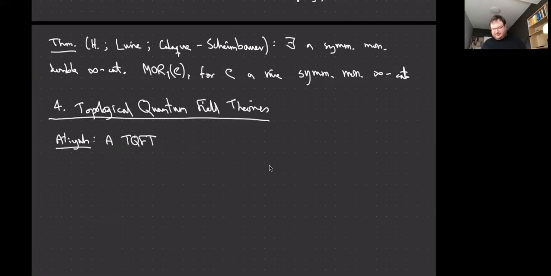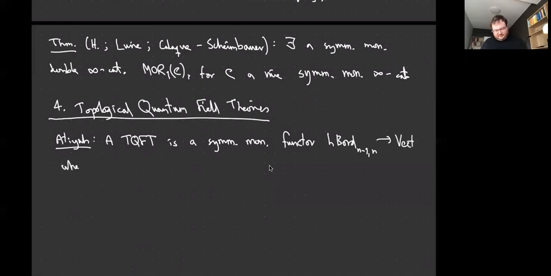So Atiyah defined it to be, or at least what he defined can be reformulated as, a symmetric monoidal functor from, let's say, Bord n minus 1, n to C. Well, maybe I should take this to be vector spaces, where by this Bord n minus 1, n, I mean a category